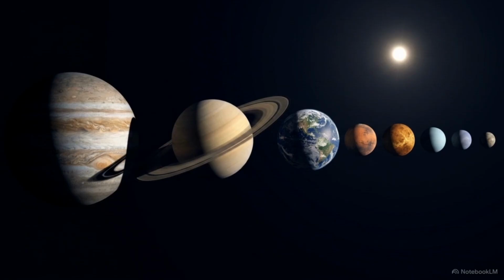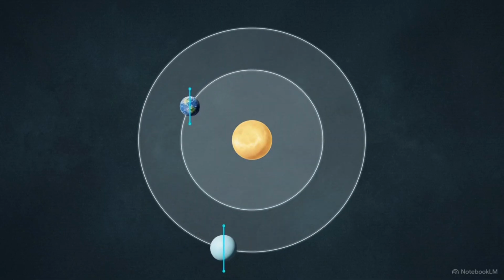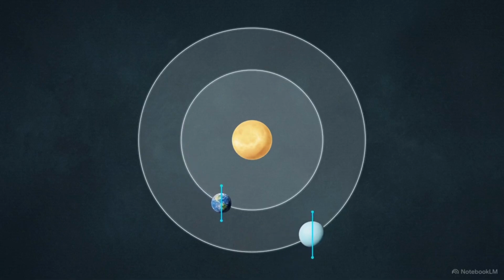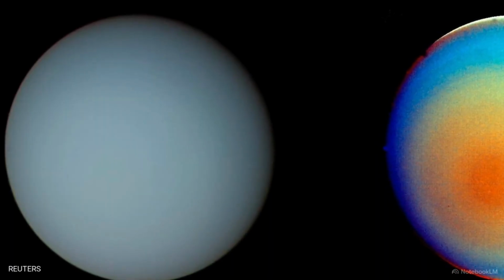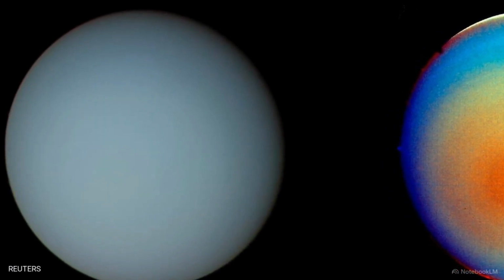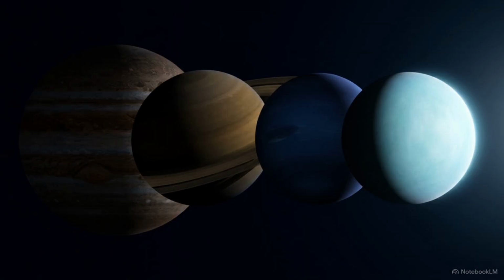The mechanics of our solar system are largely predictable. The planets orbit the sun in a flat plane, spinning upright on their axes like tops. Looking at Uranus from a distance, it appears to follow these rules. It presents itself as a quiet, smooth, blue sphere with almost no visible surface features. But beneath this calm exterior lies a structural deviation that separates it from every other planet in our neighborhood.